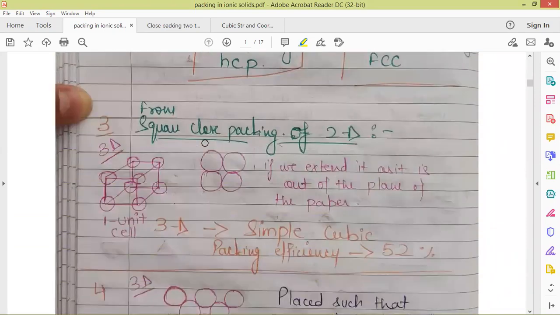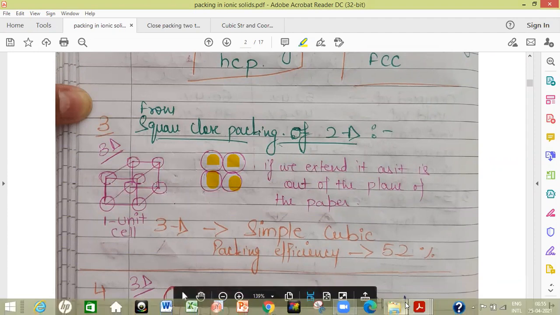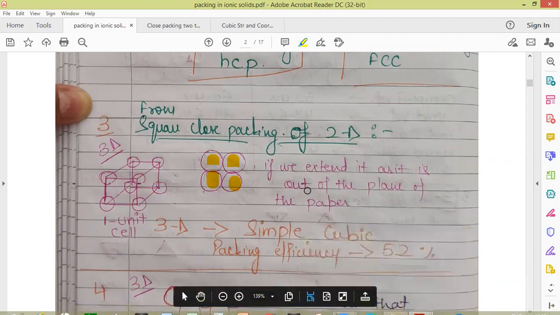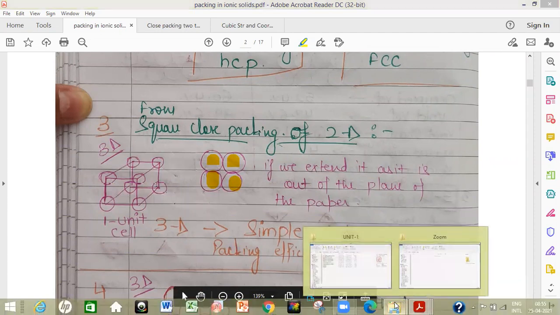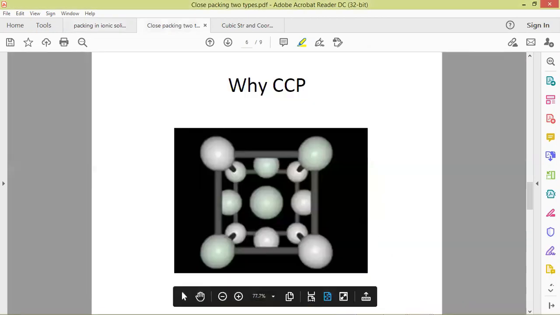When we go to three dimensions, we put spheres of the same size exactly above these spheres. That will give us the square closed packing system, and if we consider it as a single unit cell, that system is going to be equivalent to the simple cubic structure. Here I'll show you this simple cubic structure.